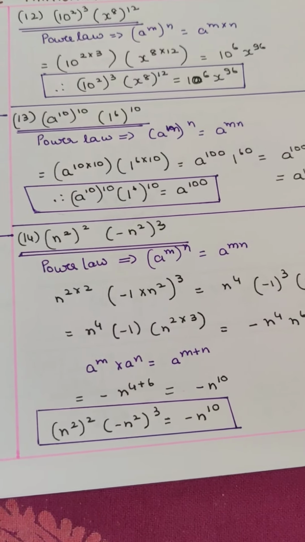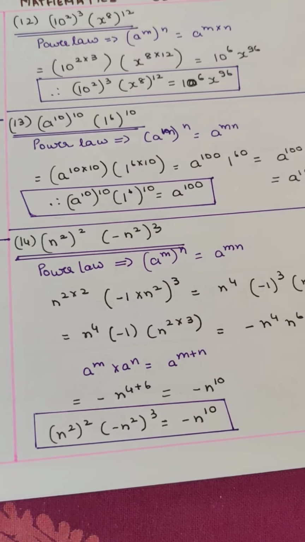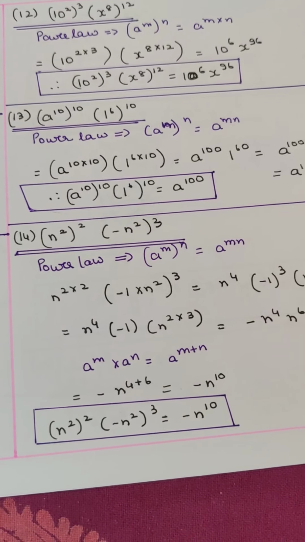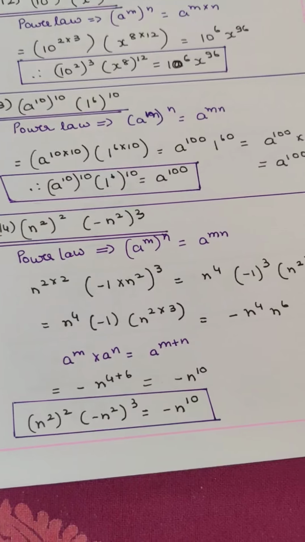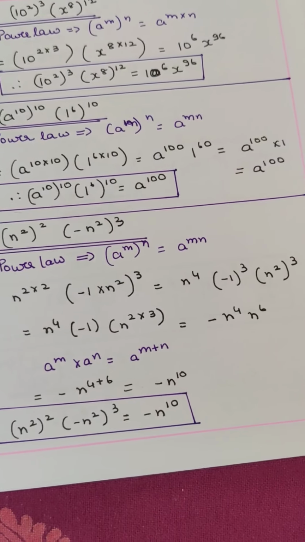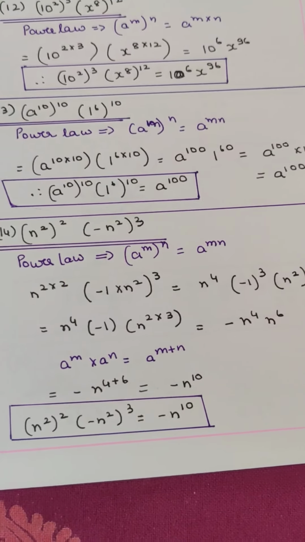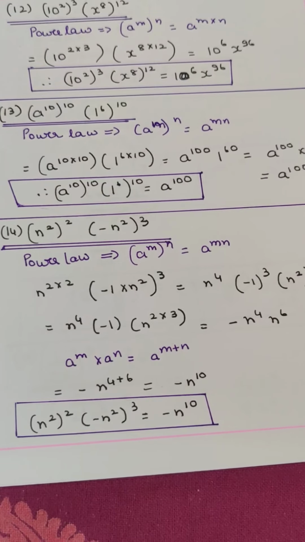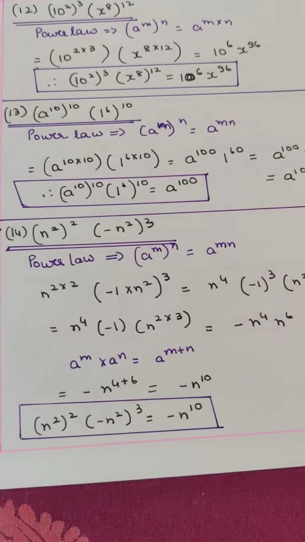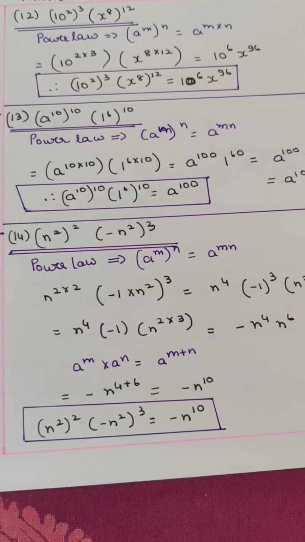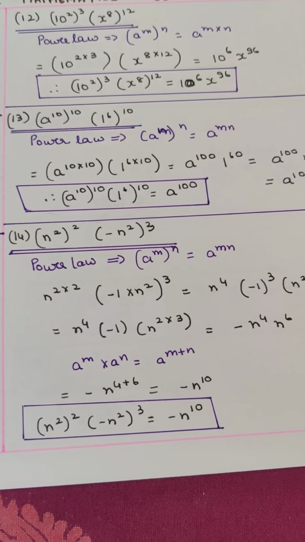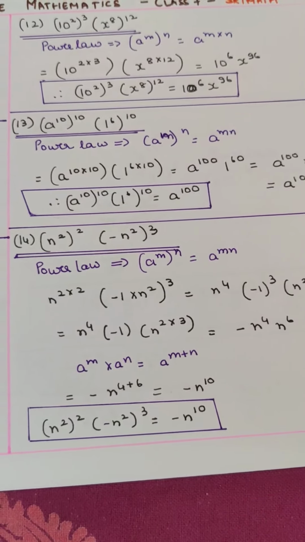So n into 2 into 2 into minus 1 into n square all power 3, that is n to the power of 4 into minus 1 to the power of 3 into n square to the power of 3. So now you get n to the power of 4 into minus 1 into n to the power of 2 into 3. That is minus n to the power of 4 into n to the power of 6. That is equal to,